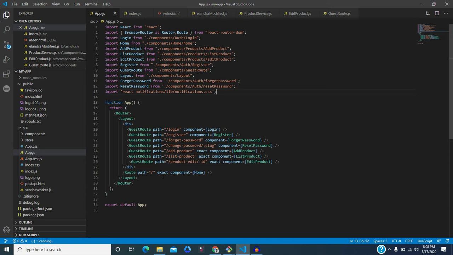And here you will find that this is basically a method, app, that is returning a router, and this router is imported from React Router DOM. Once you import it, you can use it. How you can use this routing, you can find from the documentation. There are clear explanations available in the documentation, so I believe you should also check it out so that you can understand these things very well.